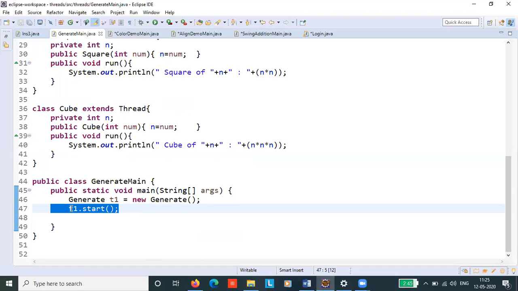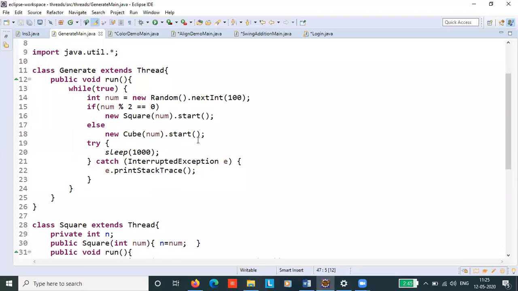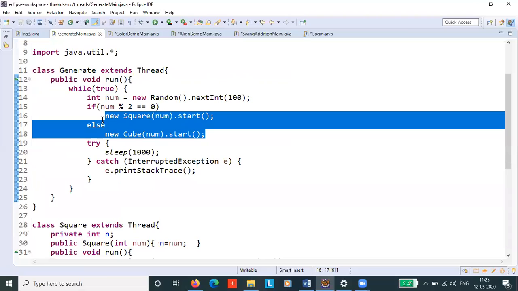From here, your program will start. As you can see, the other two start calls are here in the generate thread because we have a condition to check. We are placing the start method in the generate thread. It is very clear.